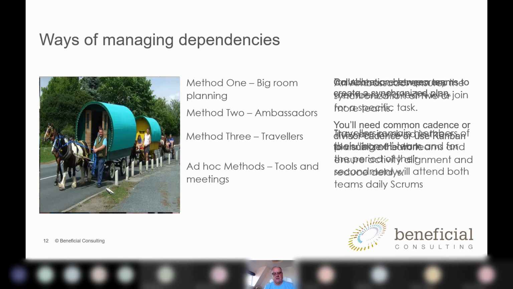There's also, obviously, ad hoc methods; you can use tools, you can use meetings. I'd hate to get to a point where agile teams are coordinated using email, but for certain things you could do that and document, like you would in the traditional project management approach, saying you said you were going to deliver on Friday the 3rd and now you're telling me it's going to be the following week, that type of approach.